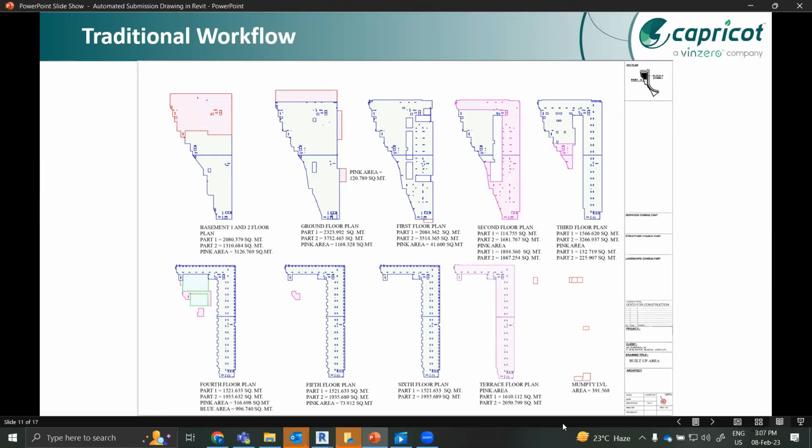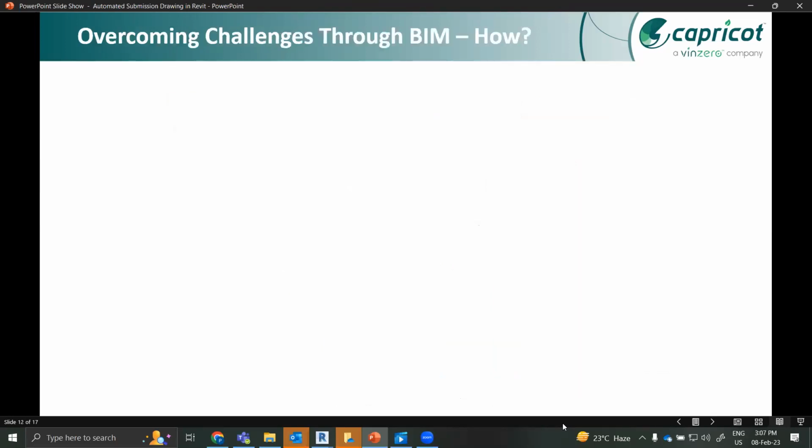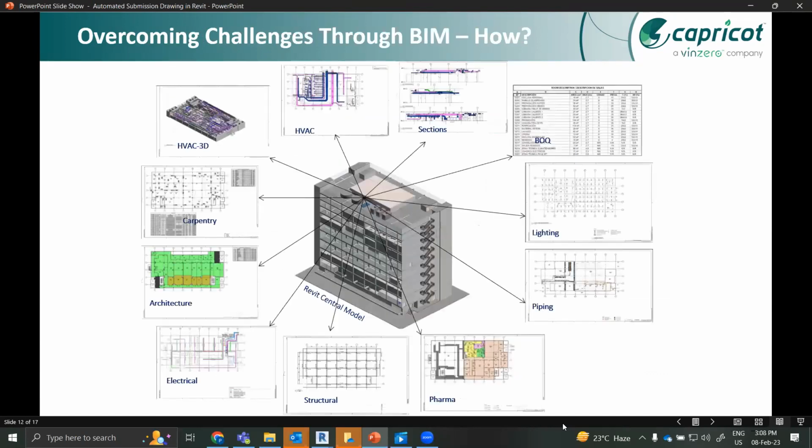So this is just the traditional workflow. But if I talk about how these challenges are overcome through BIM, from BIM you are actually generating a central model, and from that, every documentation you are actually getting. So you are getting the lighting plans, reflected ceiling plans, your architectural presentation drawings, your GFCs,